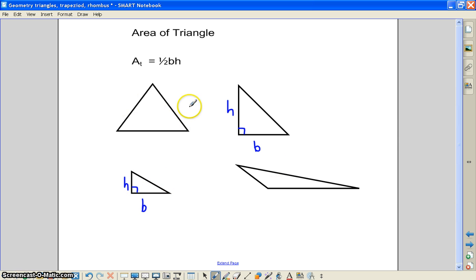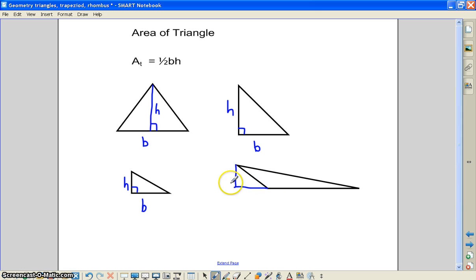I also have an isosceles or an equilateral triangle here. Two sides are the same and make it isosceles. If all three are the same, it's equilateral. If I use the bottom as the base, you have to use the altitude, the height, which again is perpendicular to the base at all times. On an acute triangle, that altitude or height will be inside the triangle. On an obtuse triangle, like the one in the corner, the altitude